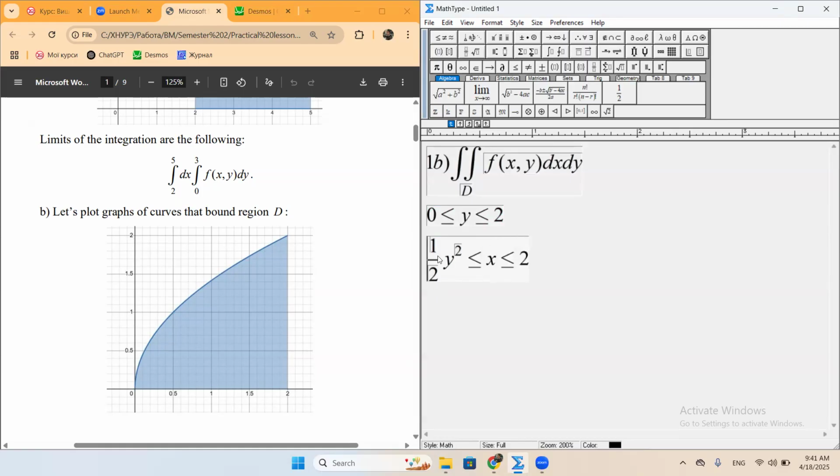Why do we have a function here? When we go from up to down,